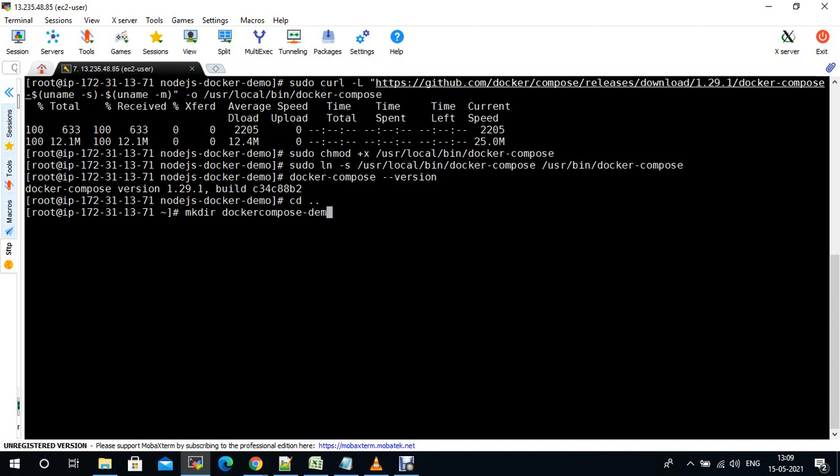Okay, cd docker-compose-demo. So I need to write a compose.yaml file.